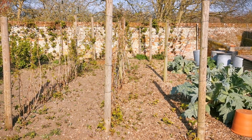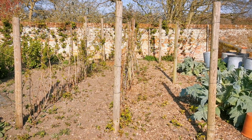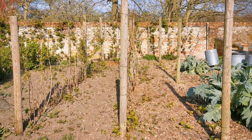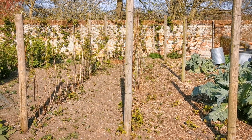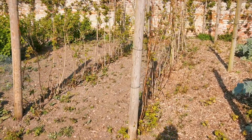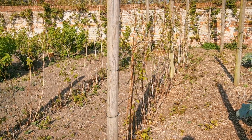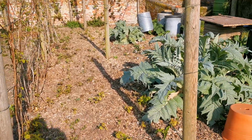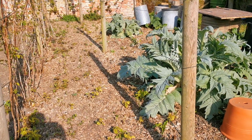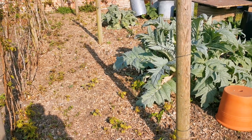Welcome into the Norfolk vegetable garden here in the mid-Norfolk cottage garden, and we're going to talk a little bit about raspberries. Cane raspberries. We grow two different distinct versions here. The two rows here on the left of the frame are the traditional raspberries which fruit on the previous season's canes, and the row between these stakes just behind the artichokes are autumn flowering raspberries, which are cut down every